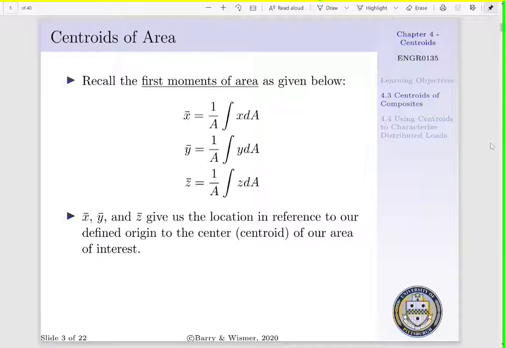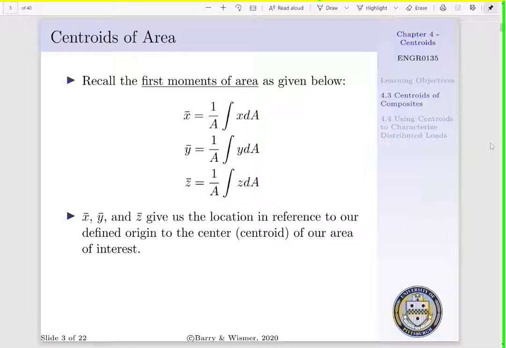For us to begin, let us talk about centroids of composites. Recall our first moment of areas are given as follows. X bar is equal to 1 per area times the integral of x dA. The same follows for y bar and z bar. However, we just replace x with y and z respectively. Now, recall x bar, y bar, and z bar give us the location to our center of area in reference